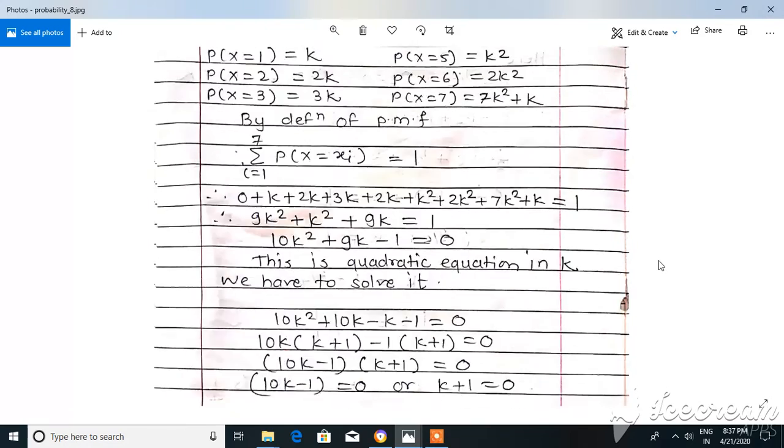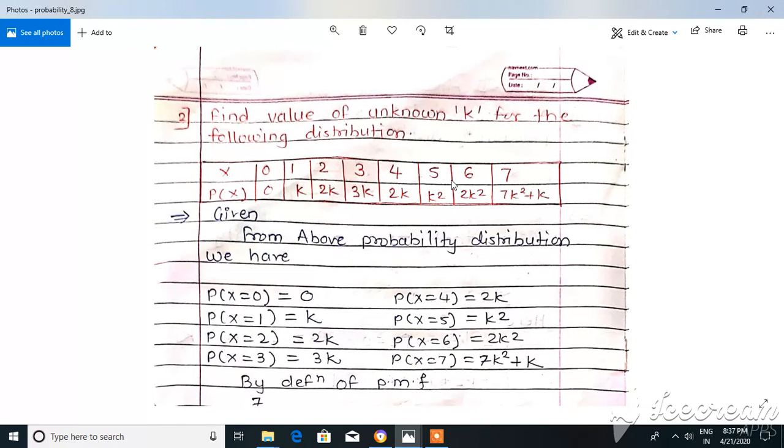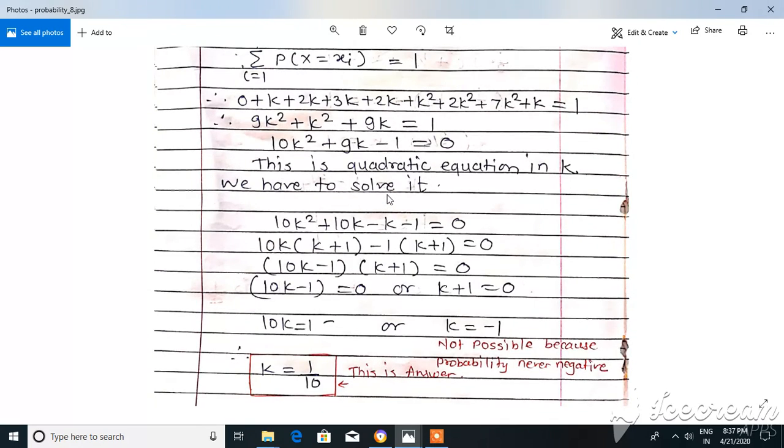I hope you understood this problem. In the first problem we had only the probabilities in terms of k, but here we have the quadratic form, right? The previous problem was simple, and compared to the previous problem this is again simple, but quite a bit more difficult. It's not difficult actually, but we'll have to think about this k, right? So we will continue with the next type in the next slide.